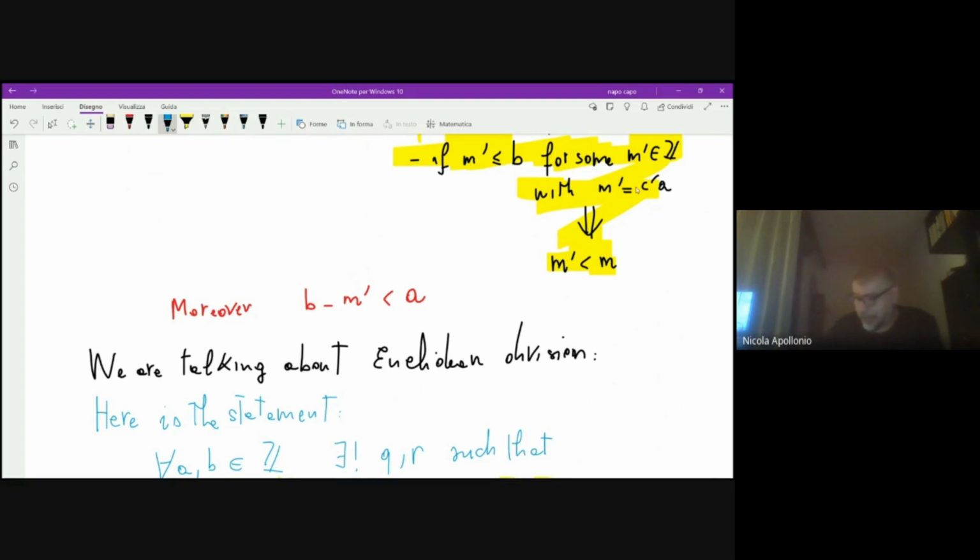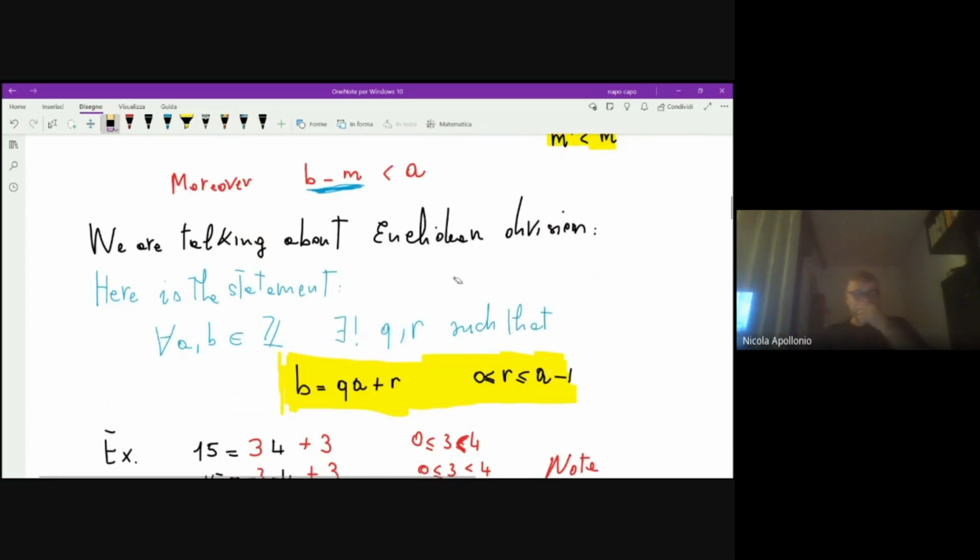You can think of this as the error you incur when you approximate b from below by a multiple of a. No, this is not prime, this is m, sorry. This is the right one, the closest one. And this is the guarantee: you cannot go wrong by more than a. So this is somehow a perverse way to present